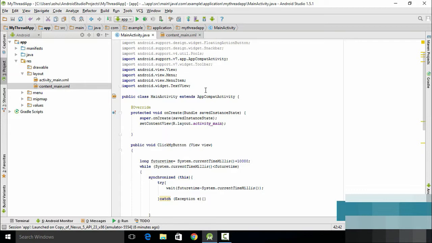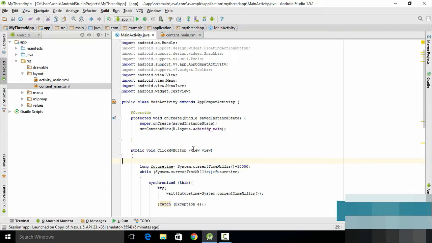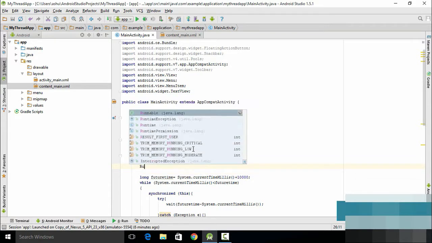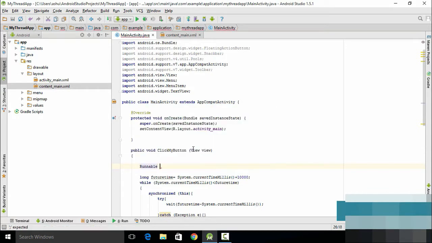You need to go into your MainActivity.java class, and the first thing you'll need to do is create a runnable interface. A runnable interface is going to contain the code which we want to execute inside the other thread. So we go right here inside the click my button and we create a runnable interface. We type Runnable and let's name this R. So we type Runnable r equals new